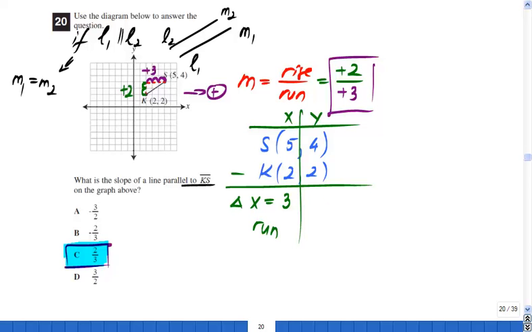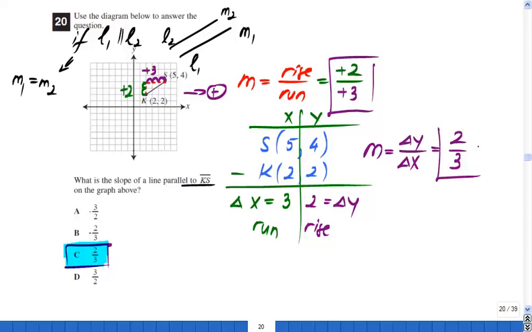Let's go with the Y's column. I'm going to use a different color. 4 minus 2 is going to be 2. This is your rise, or the change in Y if you want. And now your slope, M, change in Y over change in X, rise over run, which equals 2 over 3. Obviously it's the same answer, but I'm showing you a different way